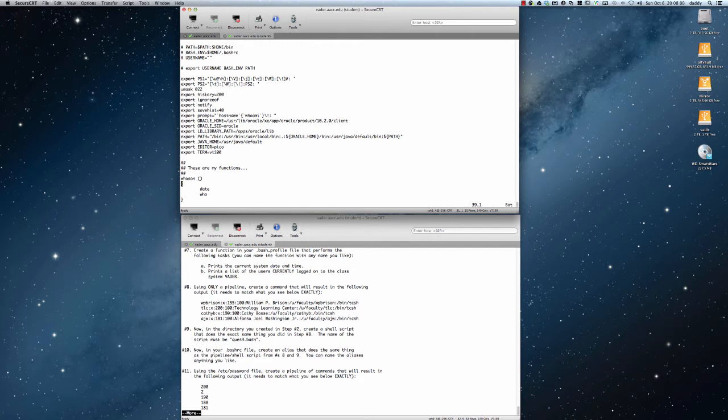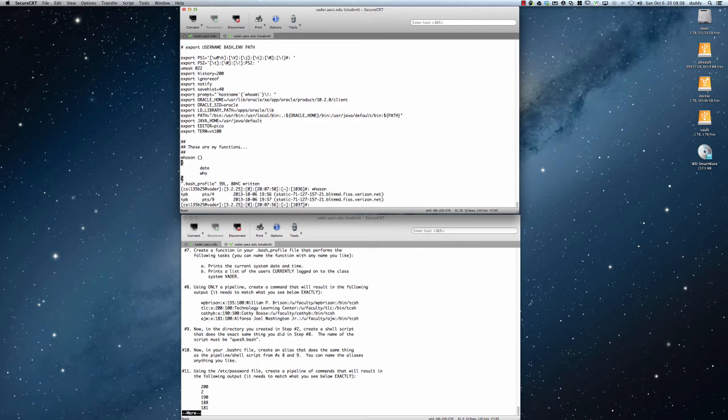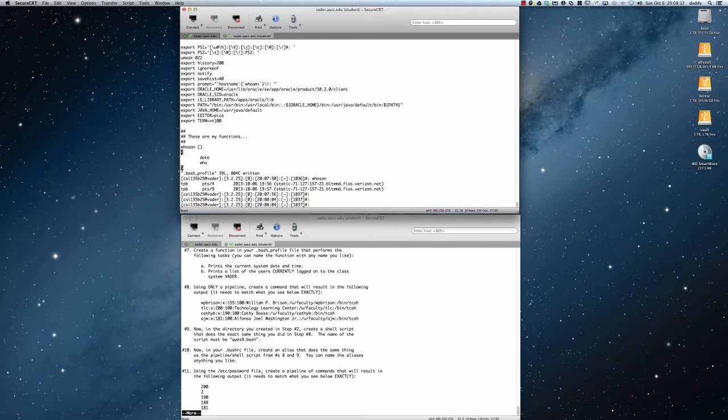All right, so now if I save this .bash_profile, and this is critical, if I were to run who's on right now, you'll notice that it shows me who is logged on, but we're not getting the current system date and time. And the reason for this is because we need to reread or source the .bash_profile file in order to get those changes read into memory. So I'll do a